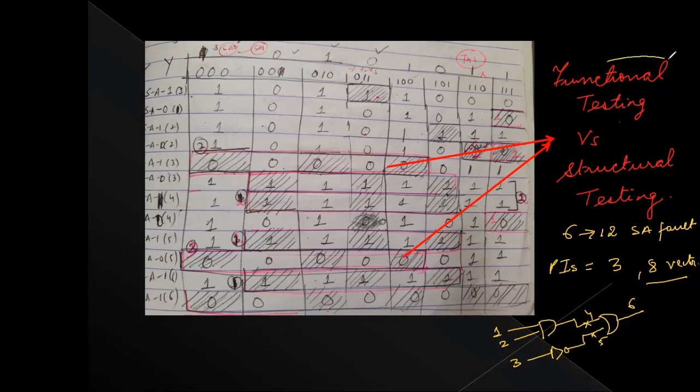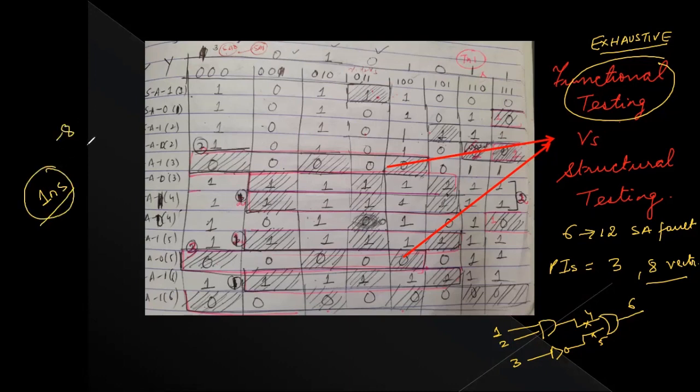Now, when we do this, it is called functional testing, which is exhaustive in nature. It is exhaustive because we have a large input space in which we have to apply the testing, and then we have to see what the output is. Okay, but it is possible because my circuit has only 3 inputs. If I assume that 1 nanosecond is taken, applying 8 vectors and getting the simulation done will take me 8 nanoseconds. Fair enough. But what about if I have